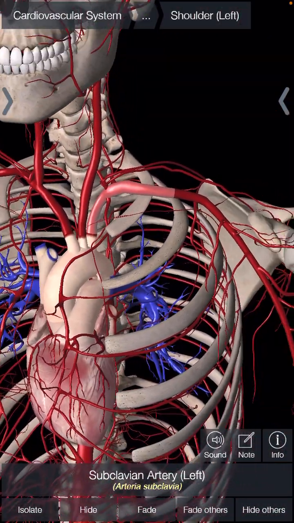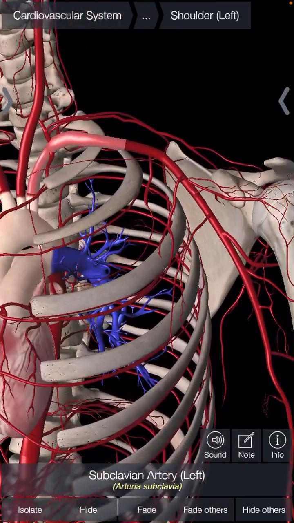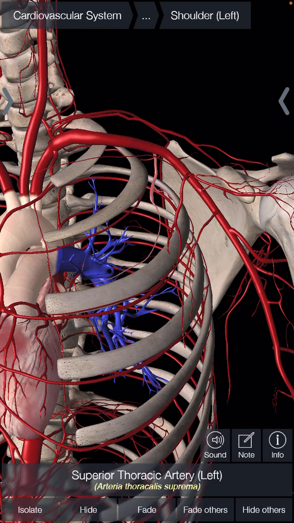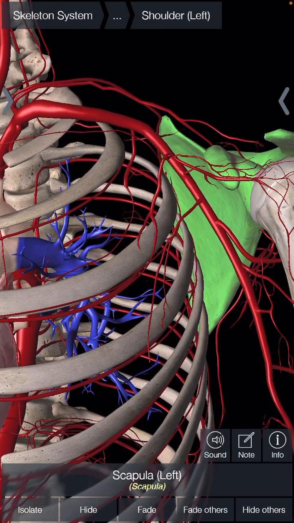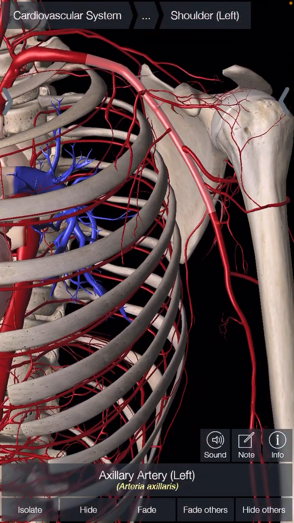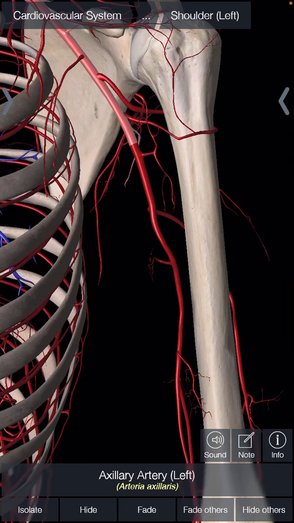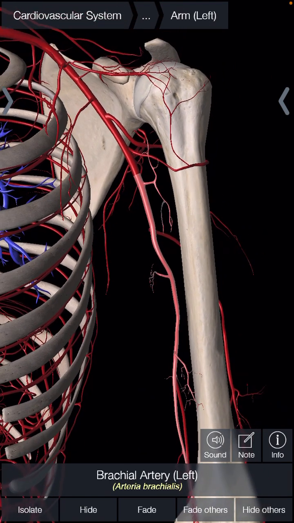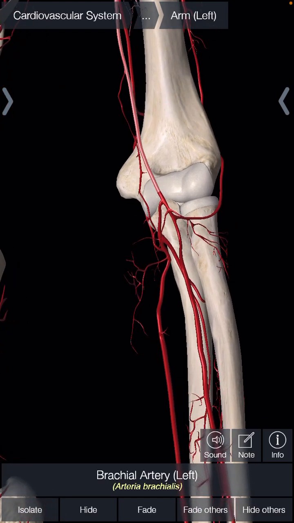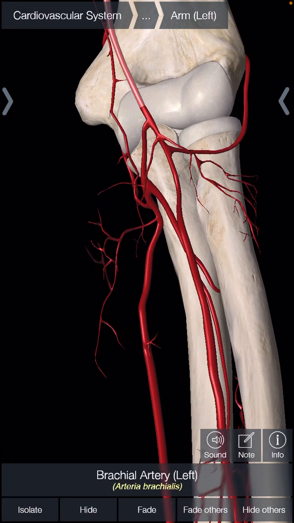On both sides now, but we'll focus on the patient's left, the subclavian artery then turns into the axillary artery. Apologize. There it is. The axillary artery. As we make our way further distal, the axillary artery then becomes the brachial artery. And then as we come even more distal, just past the elbow here, that radial artery